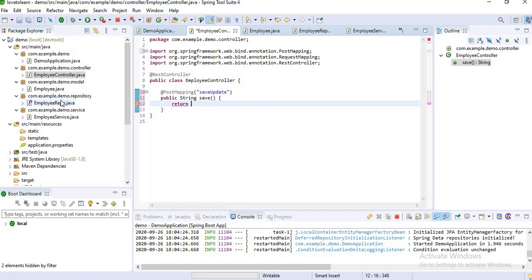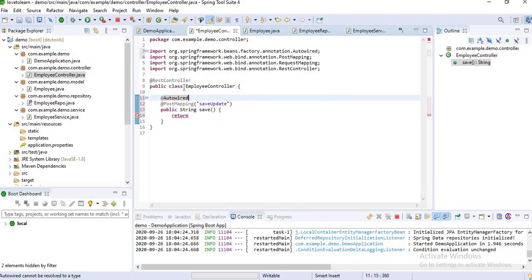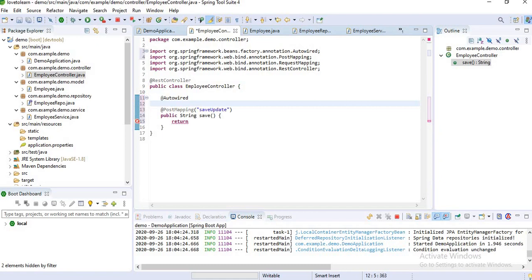Let's create a method here for saving the data in service. Okay, and autowired. How can I insert the data? I said the flow is from controller to service and service to interface, I mean repository interface. Let's create here a reference variable for employee service.